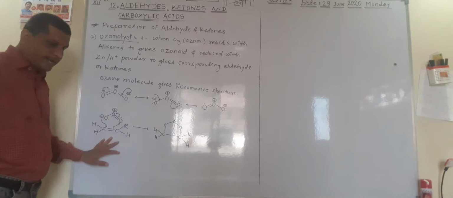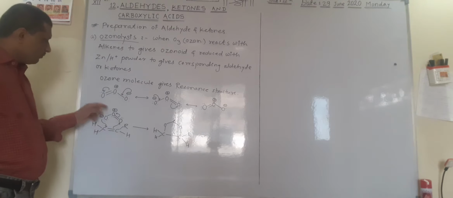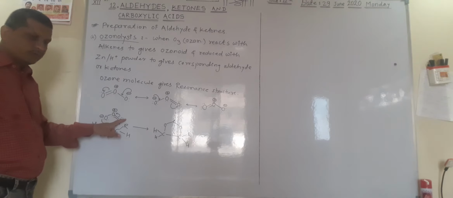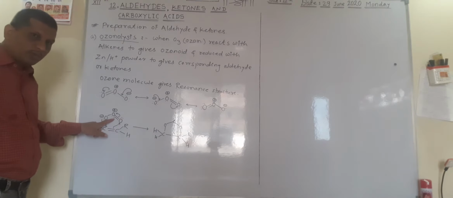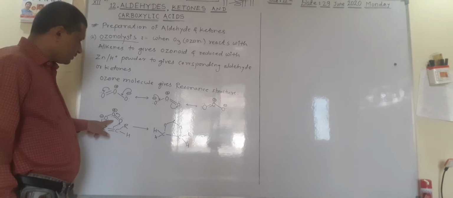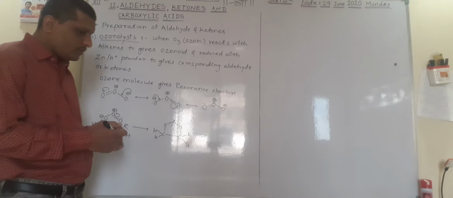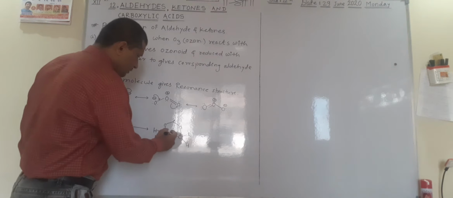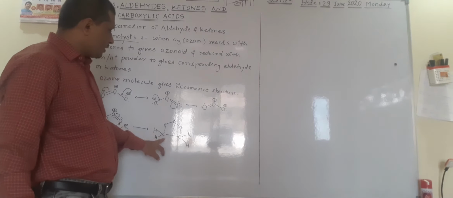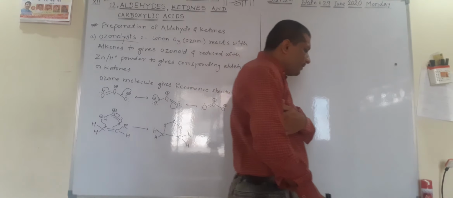Here in this reaction the alkene reacts with the ozone molecule. The double bond and negative charge shift to this carbon atom, the carbon-carbon double bond shifts to this oxygen, and the double bond between these two oxygens shifts to the positive-charged oxygen to form this structure. Again it is a highly unstable structure, with a carbon-carbon single bond. It is unstable, and it can be stabilized by